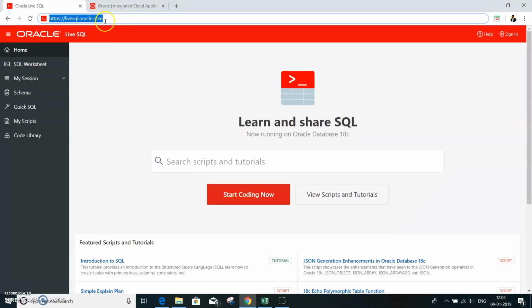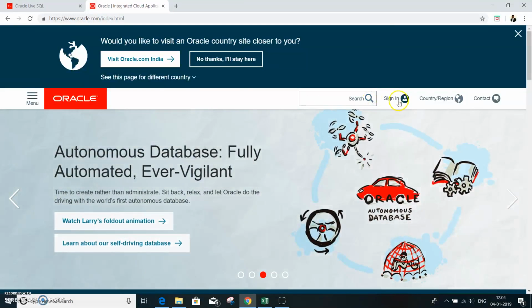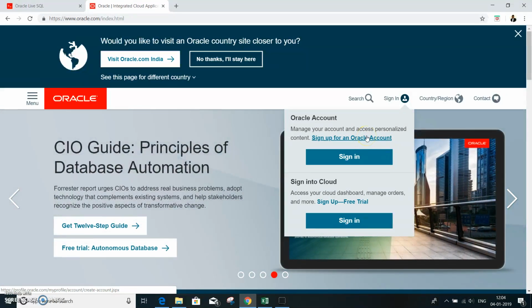So you got to get into this site, livesql.oracle.com. All that is required is you need to have an account with oracle.com. Get to sign in, and you can sign up with the Oracle account.